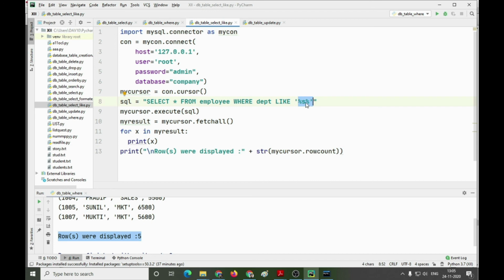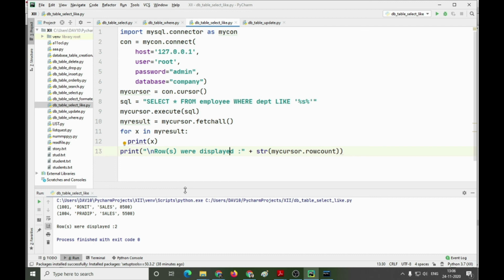So %s% means all those departments will be displayed which have s as any character at any position inside them. Execution of this command will help us fetch all the records which contain s as any character in the department field. So we are fetching all the records in the form of, once again, a list of tuples, and then we are displaying them, and at the end we are displaying the total number of records which have been fetched.